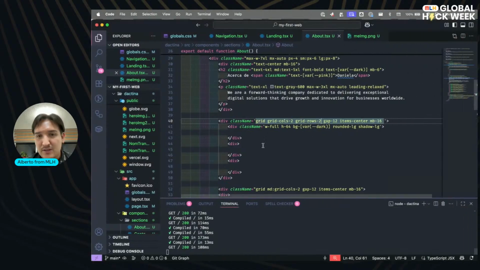This is weird. Background bar. This is not dark.